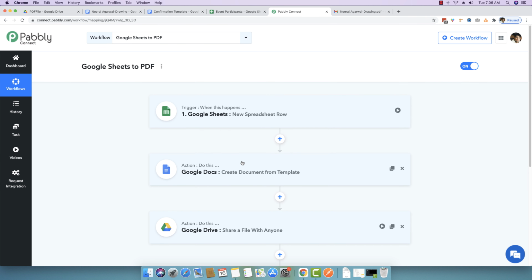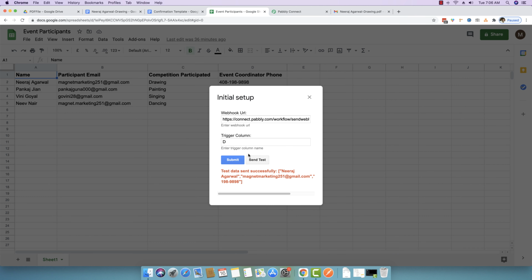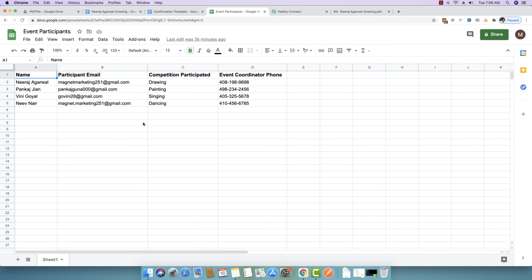Because everything looks good to me and my automation looks just fine, I can just enable this workflow, and this workflow is already enabled. So now what I will do is I will go back to my Google Sheet right here, and now I actually want to generate PDFs for just about all the data right here. Here I am showing just 4 data, but you can basically have 20, 30, 40, 50 people, and whatever data you have, you can actually have that.